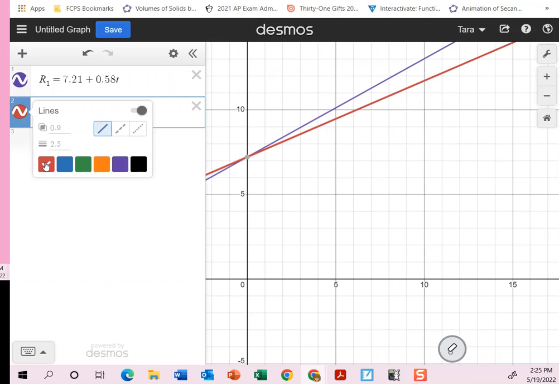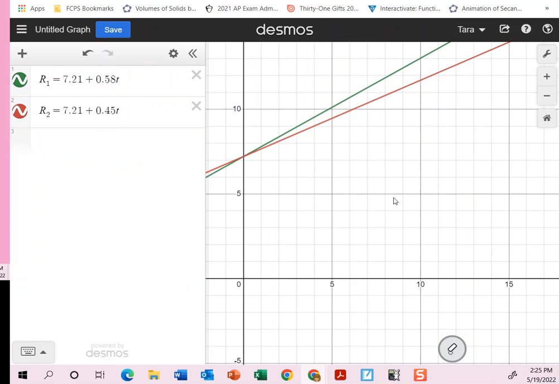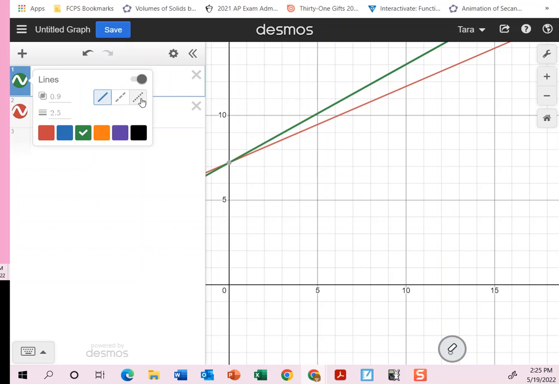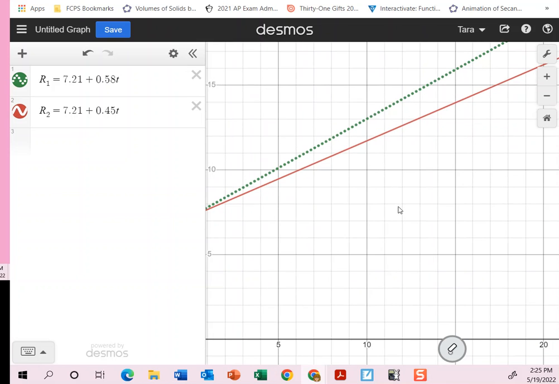Click and hold, you can change colors if you feel so inclined. And you can change what the lines look like. So if you're like, I want this one to be dots. And you can really tell the difference. Okay. So the first one is the dotted line. The second one is the solid line. The dotted line is the top line. And so when we integrate, we're going to,